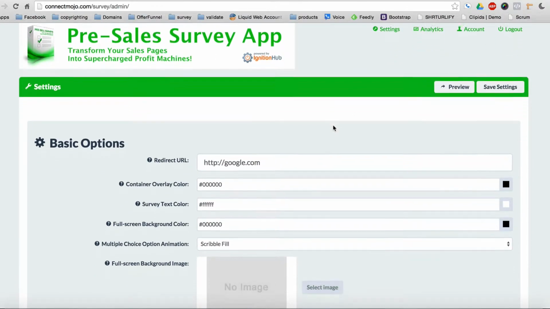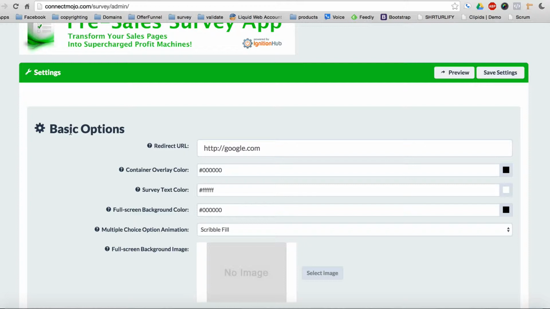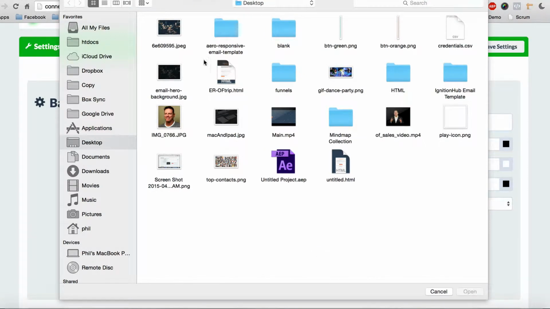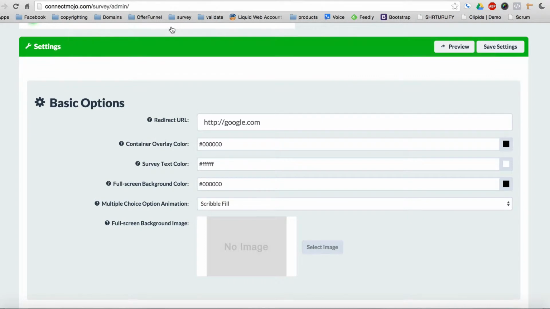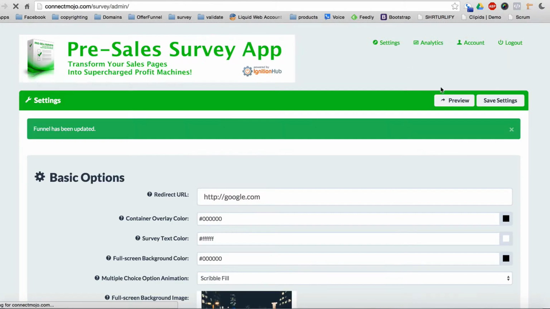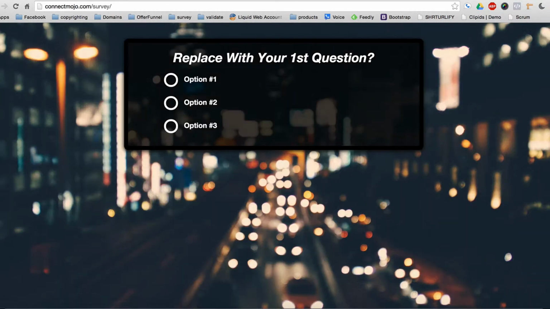Now there are a few things that we can customize here, and they're pretty much all in the basic options section here. When you first got the application, you probably had this image as the full screen background image. Now one of the ways you can customize this is by uploading a full screen background image. So if we save the settings here and go ahead and preview in a new tab, we'll see that we